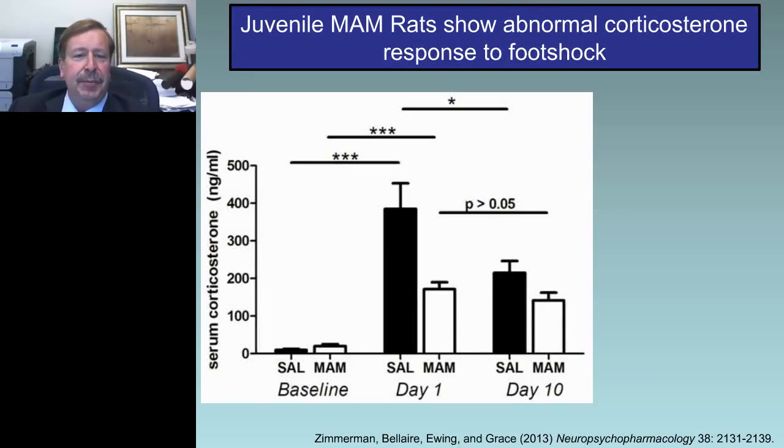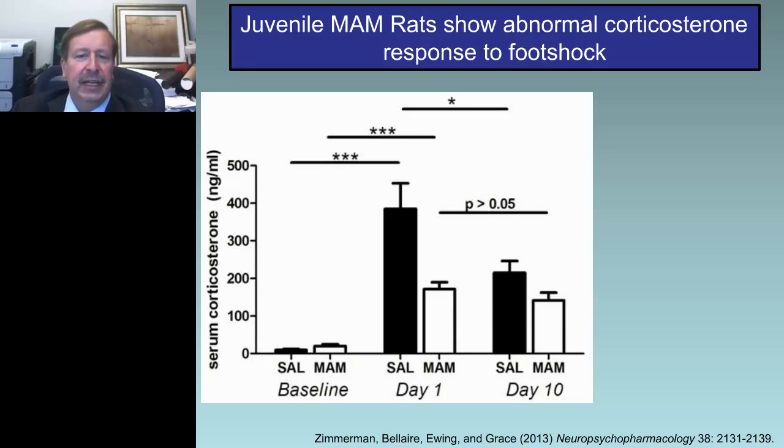Furthermore, if we look at the HPA axis, we also see a disruption. For example, if we look at corticosterone, which is the rat equivalent of the human cortisol, what we find is if we give a mild foot shock, we get a huge activation of cortisol in the normal animal, but a blunted response in the MAM animal. But if we repeat it for 10 days, although the normal animal shows tremendous accommodation, the MAM animal doesn't show